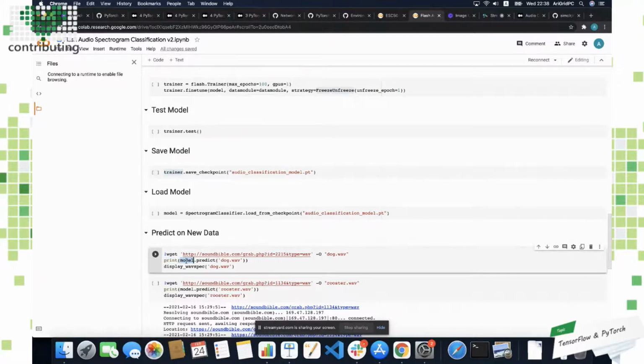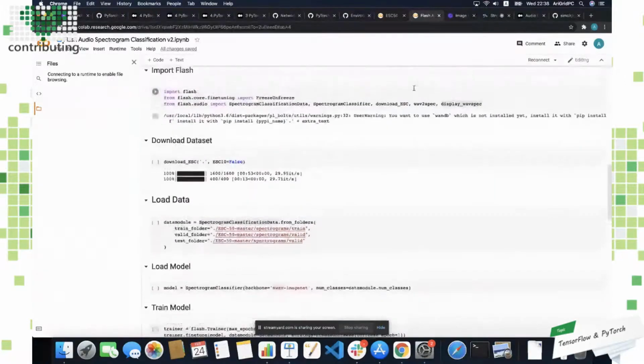Extremely simple, just do model.predict, or I can use the trainer to predict, and I provide the trainer my model and a new data set or a new data module on a different set of images, and then I can take advantage of distributed training across clusters of GPUs, TPUs, and you name it.